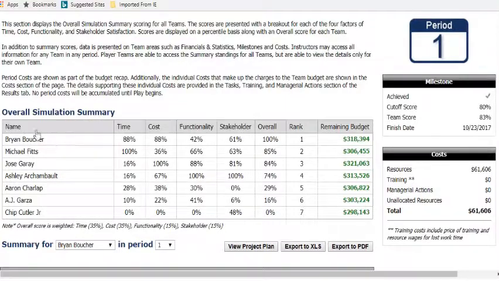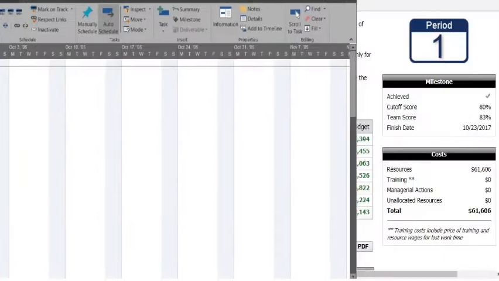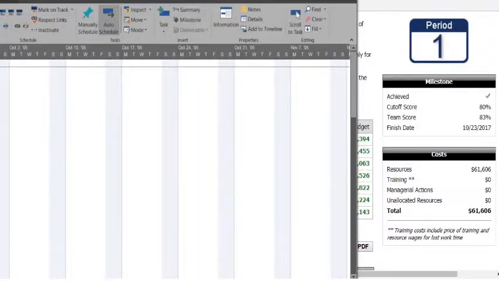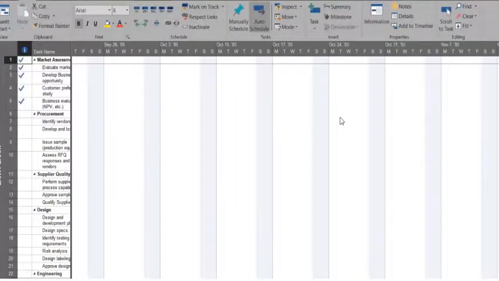Brian's, again, you don't see all this, but everyone has an option to click on View Project Plan. We'll bring the plan up, and let me show you some things that you can get out of the plan once you see it. Let me bring the plan into view so you can see what's going on. I'm realizing you may miss some things because of the size of my screen capture, but that's okay.